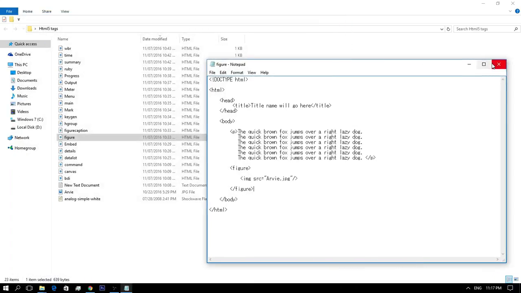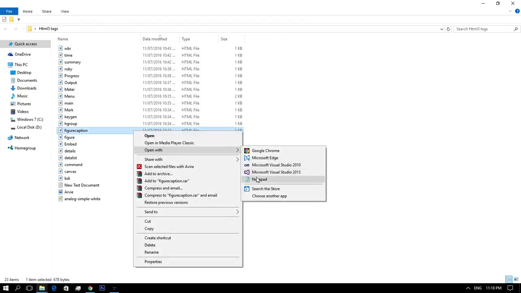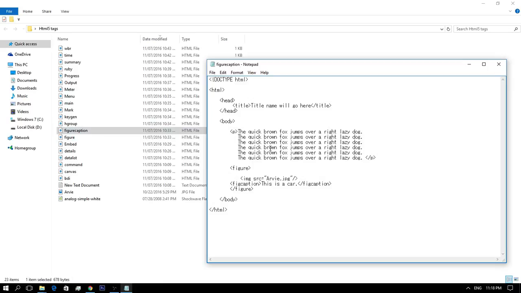So next, we have the figure caption. The figure caption element is used to put additional information about the image, as if we have to give a description about the image. We don't need to embed another paragraph to define the description.